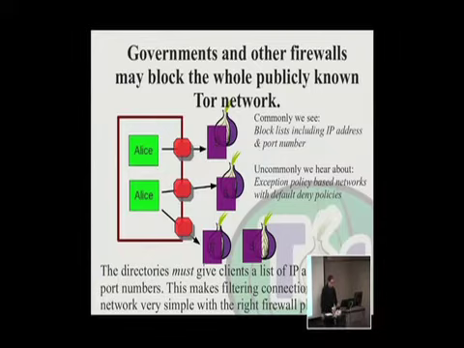So usually, for example in China, we publish our consensus, and every few months they take this consensus and then they block it. They block it based on port and IP. There's a funny unintended consequence, which is that if you then try to use the Tor network to visit China, you're blocked because you're using the Tor network to connect back in instead of the other way. So it depends on where you're trying to go, but there are all these unintended consequences that happen as a result. We hadn't anticipated that one entirely.